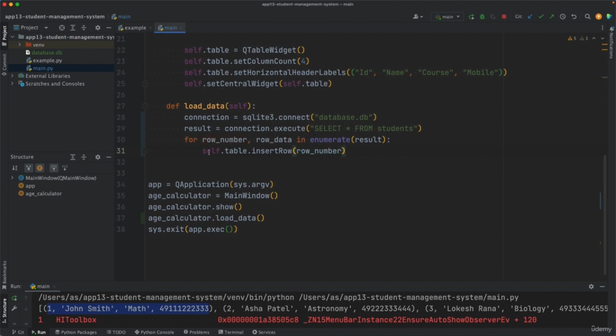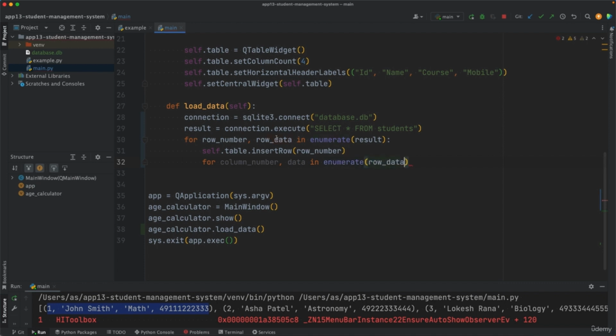self.table, so basically this that we're keeping here, self.table.insertRow, row number. So what we're doing here is we are inserting an empty row in a particular index in the table. So we're starting with the row with index 0. So we insert the first row, which has an index of 0, and then we say for column. So that's the second loop now. Column number, data in enumerate. This time we have row data, this data, right? So we're working on that tuple. And we try to insert that tuple into the first row. So we do